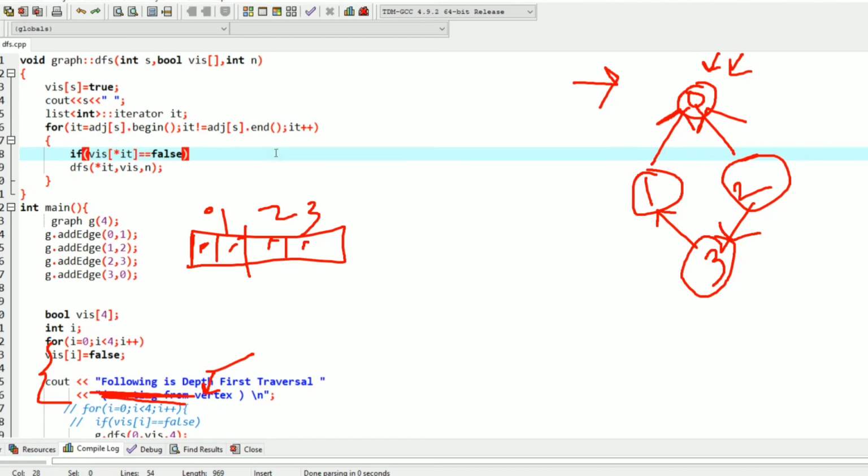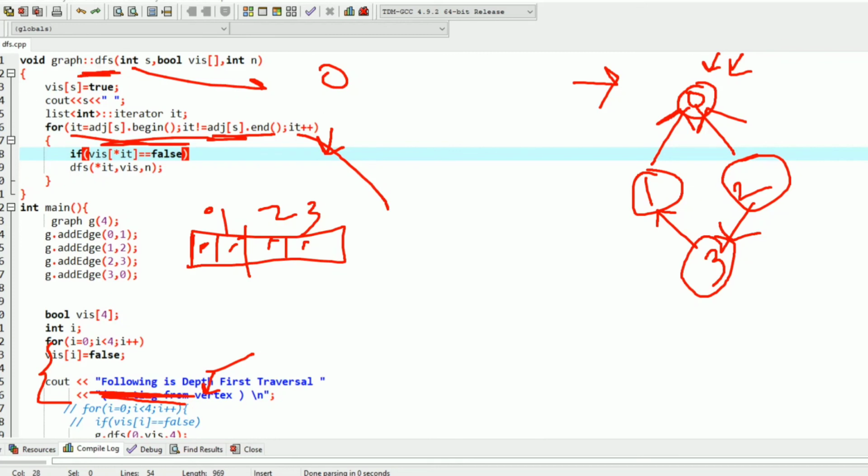The logic is the same. So we have called it for vertex 0, and in this for loop it will not execute its statement. Why? Because there are no adjacent vertices available for vertex 0. So it will return to the caller of this DFS.